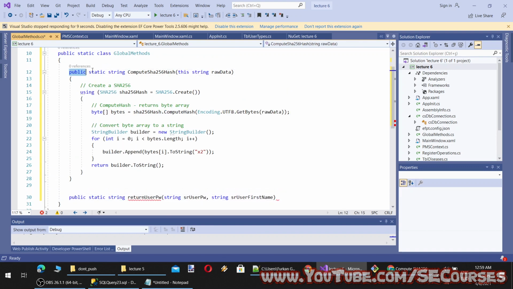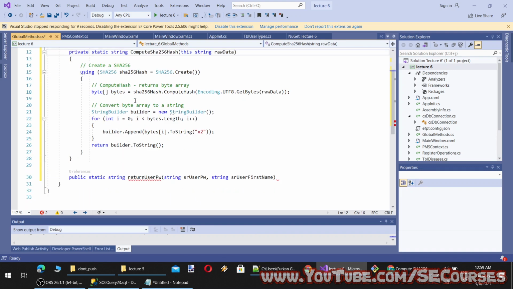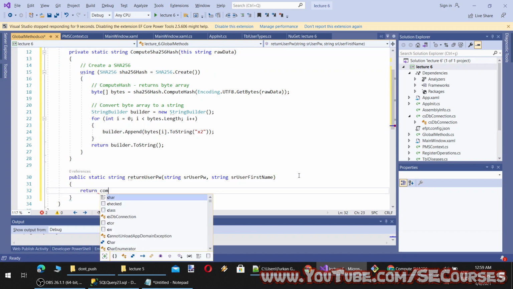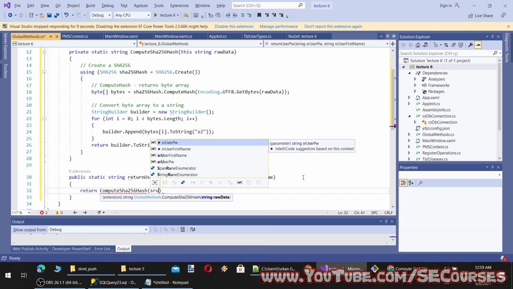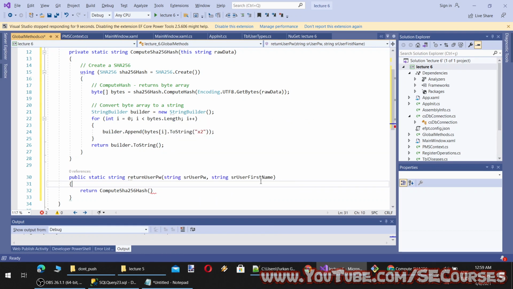By the way, we don't need this to be public, it can be private. And this will return ComputeSHA256. Okay. So let's append it as something like this. And add some character here.